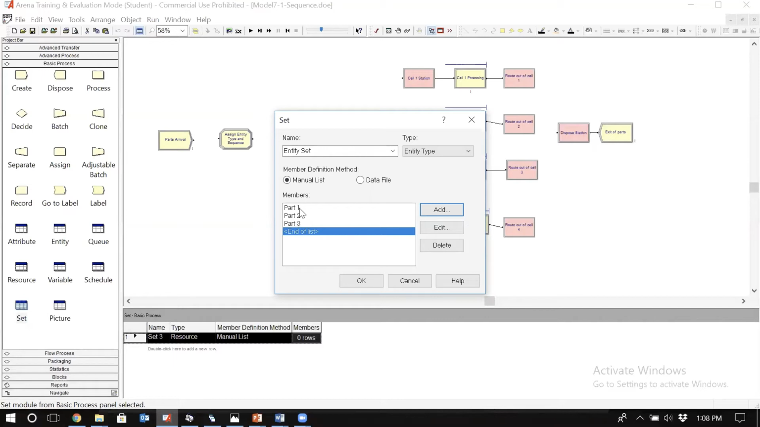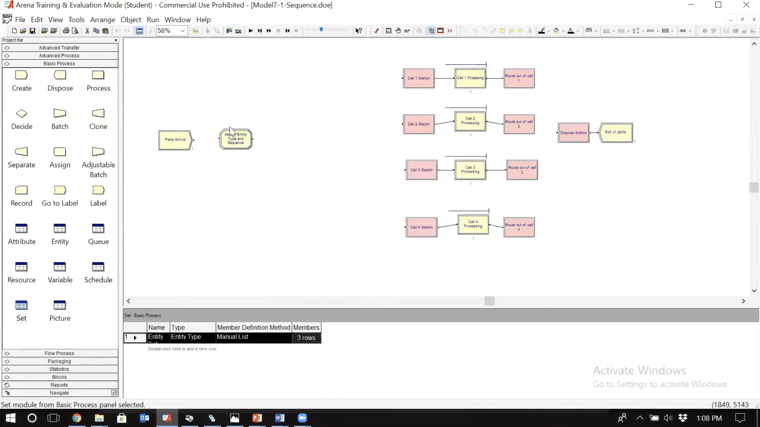When I refer to the first member, I refer to part one. When I refer to the second member of this array, I refer to part two. When I refer to the third member of this array, I mean part three. Okay. So press OK. Before we go back to the assign module, I want you to check the entity module